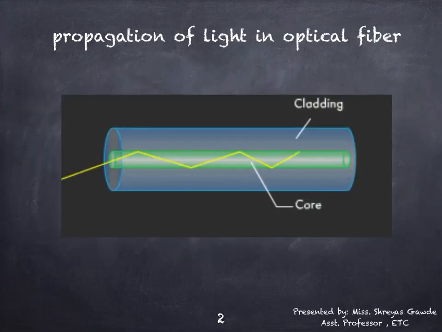So let us first know how the light travels inside the optical fiber. Optical fiber is basically a solid glass rod, and the diameter of the rod is so small that it looks like a fiber. Optical fiber is a dielectric waveguide. That means the light travels like an electromagnetic wave inside the waveguide, which we had seen in the last chapter.